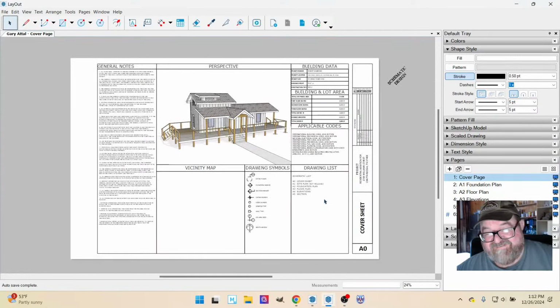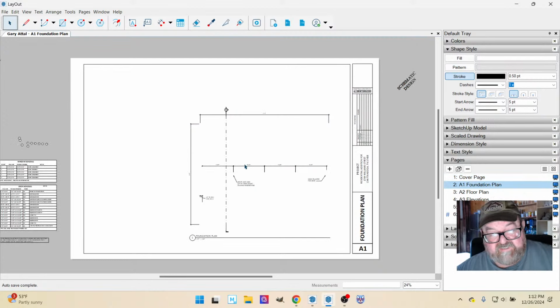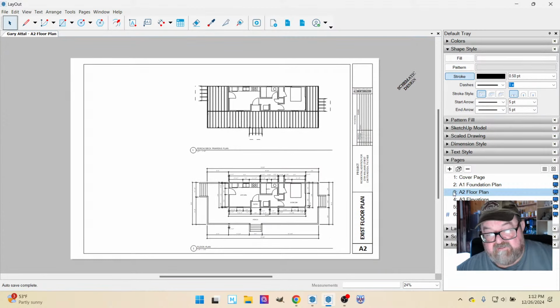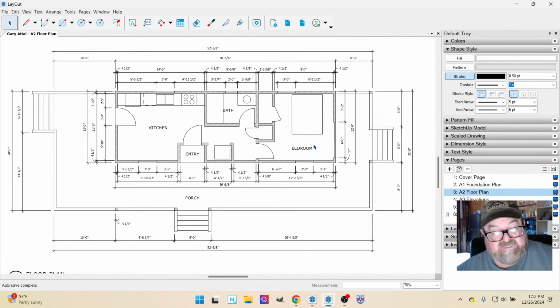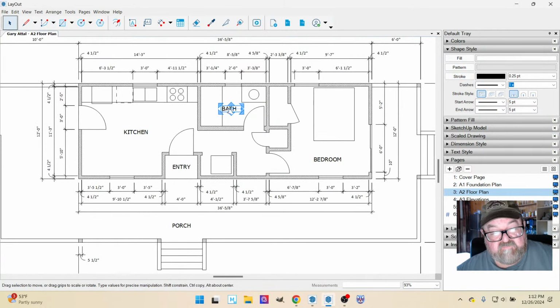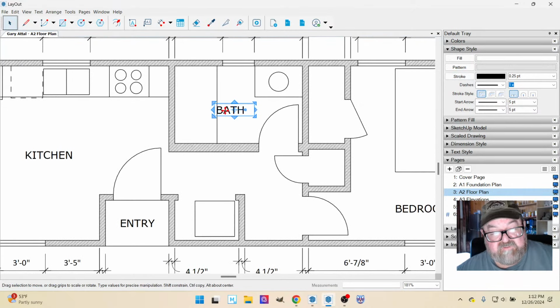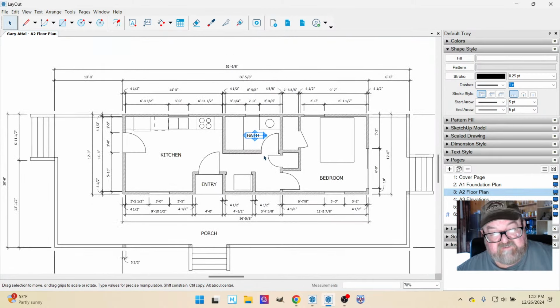I'm just kidding. I haven't done the foundation plan yet, but it goes here, and here's the floor plan, the existing plan, and that bath, the word bath is touching the. I still have a little work to do on this. I need to put the bathtub in there,